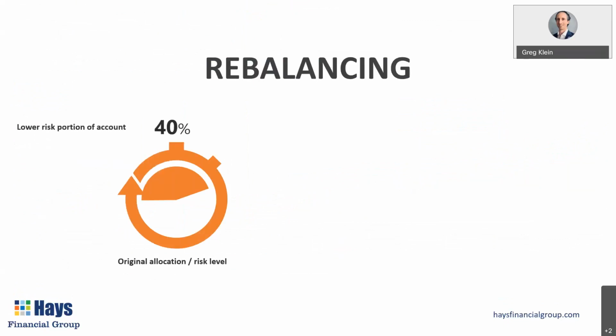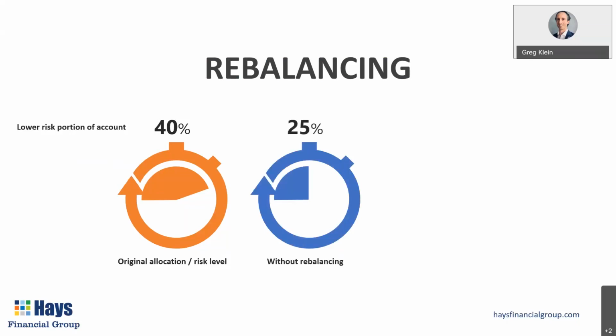If you started, maybe it was sometime in 2020, maybe even about a year ago. Let's say you started with a 40% allocation to lower risk bonds and cash. That's where you wanted to be, 40% lower risk. The other 60% you were okay exposed to the stock market. Now, the stock market over the last 12 months has performed pretty well. So your lower risk that was 40% before, now a year later, these are just hypothetical numbers, but it might be only 25% because the higher risk stuff in the stock market has outperformed.